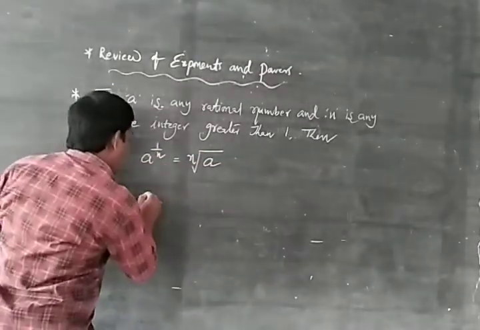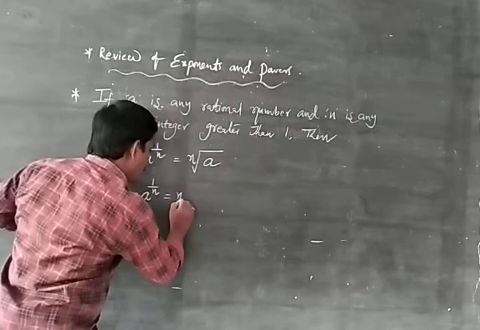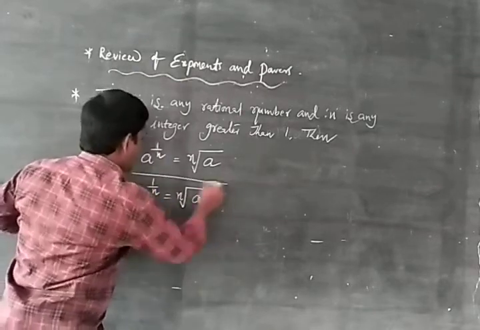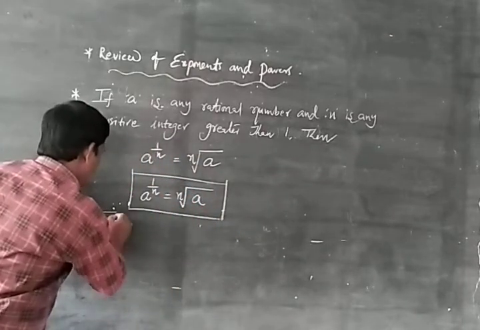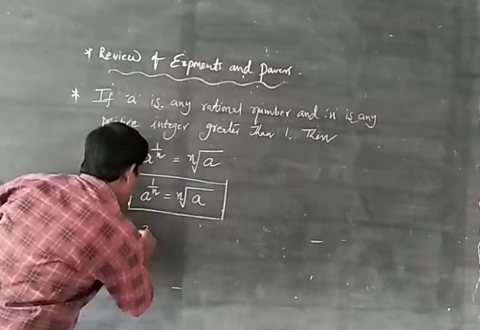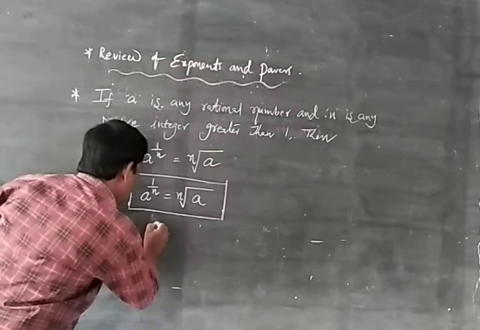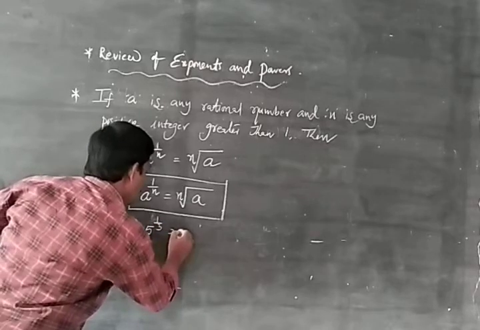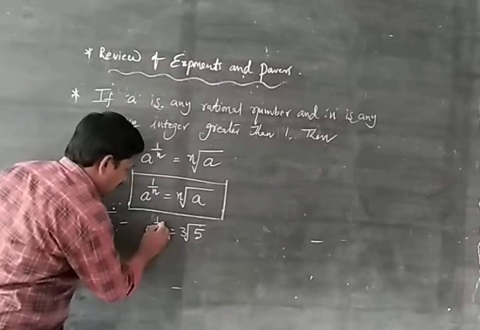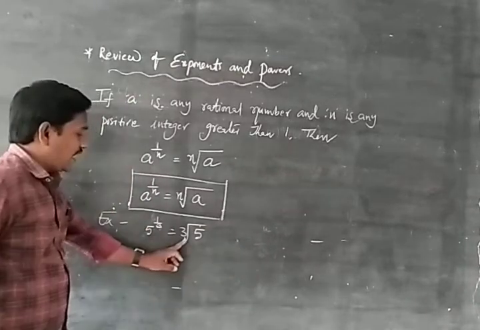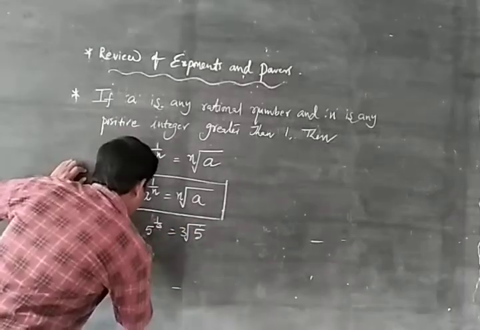Okay, now examples. 5 power 1 by 3 equal to cube root of 5. 5 power 1 by 2 is written as square root of 5, and